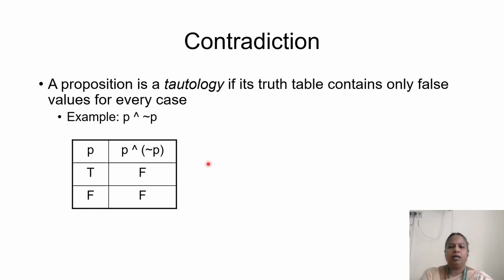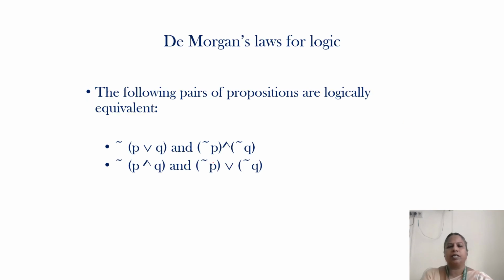Contradiction means the truth value is false in all the cases, in each case. Then we call it a contradiction. Only false in every case. That is called contradiction. And we have some